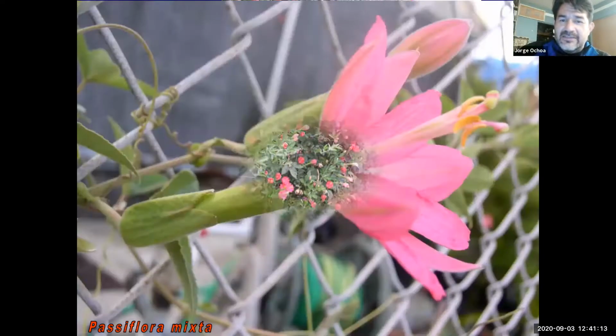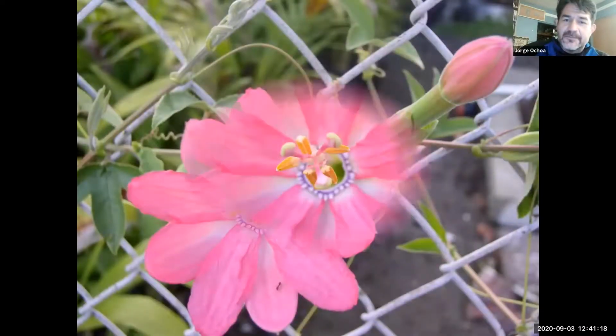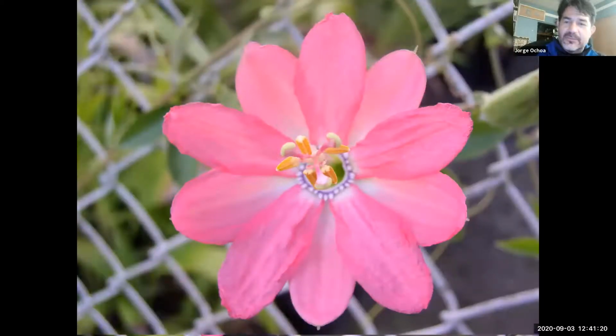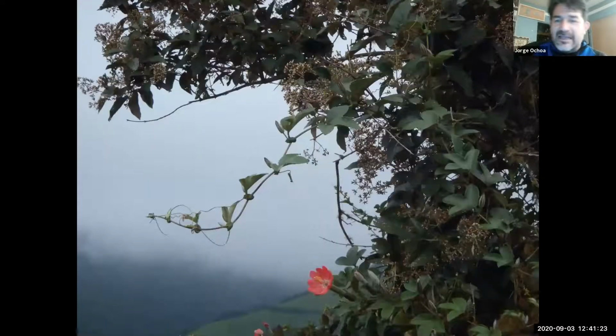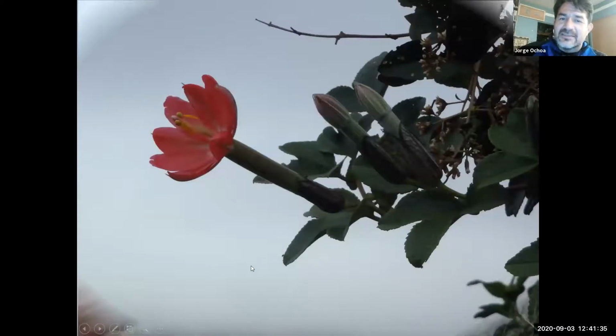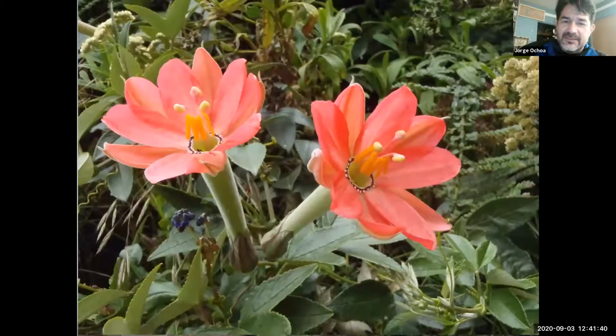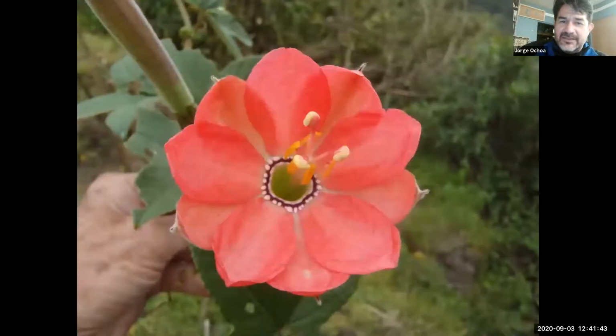I've grown mixta, so this is here in the horticulture gardens in the front area. And you can see the number of flowers that it gave, and you can see the flowers right there. And close up right here. So this is in cultivation. This is where I found it in Ecuador. So once again, high altitude, you can see the mist in the background coming in every day. It was cold, but that's the temperature that it likes. So here's from the wild, mixta in Ecuador. And there's a couple more flowers in the face of that.